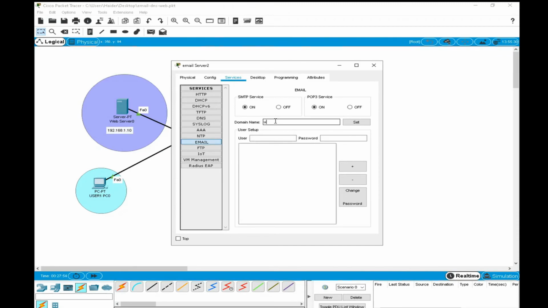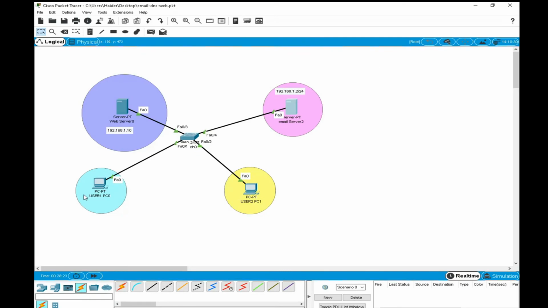Here your domain name is utas.com, so we set the domain name, and here user is user1, password is Cisco, and the second user2, password is 12345. So we need to add these two users. I have added, and these two are on. So this is the configuration required.